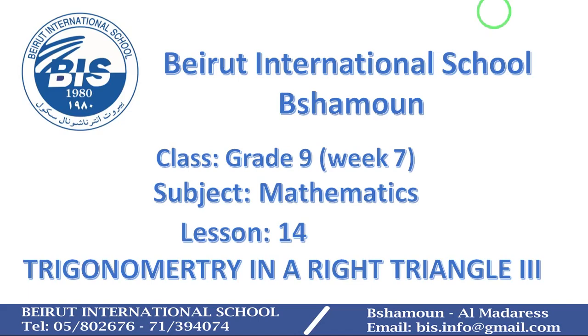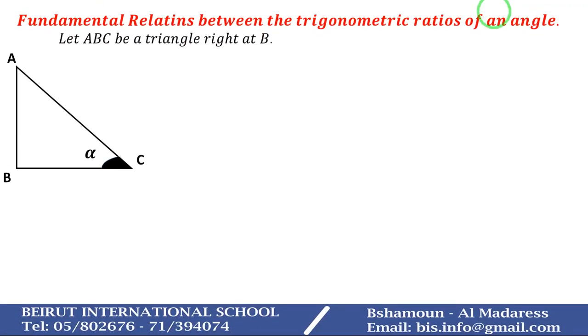Today we are going to continue our lesson, Trigonometry in a Right Triangle, Part 3. At the beginning, we are going to discuss the fundamental relations between the trigonometric ratios of an angle. Let ABC be a right triangle at B and an acute angle ACB, which is called alpha, and alpha is measured in degrees. So we can express the three trigonometric ratios sine alpha, cosine alpha and tangent alpha in